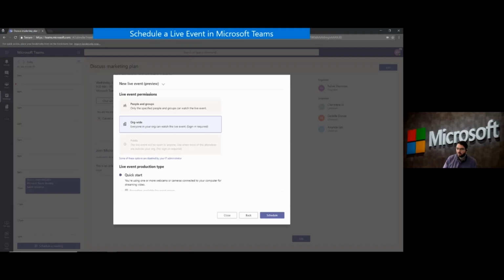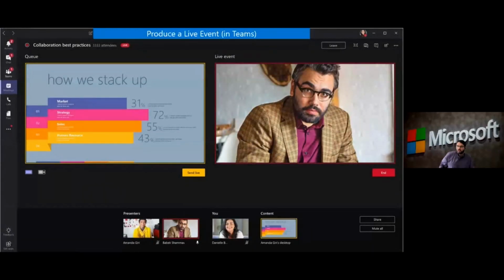Am I going to make the recording available for producers, or am I going to make it available for everybody, right? As you schedule this, the event actually gives you a link that you as a producer would join and would have this experience, just like what we were talking about.